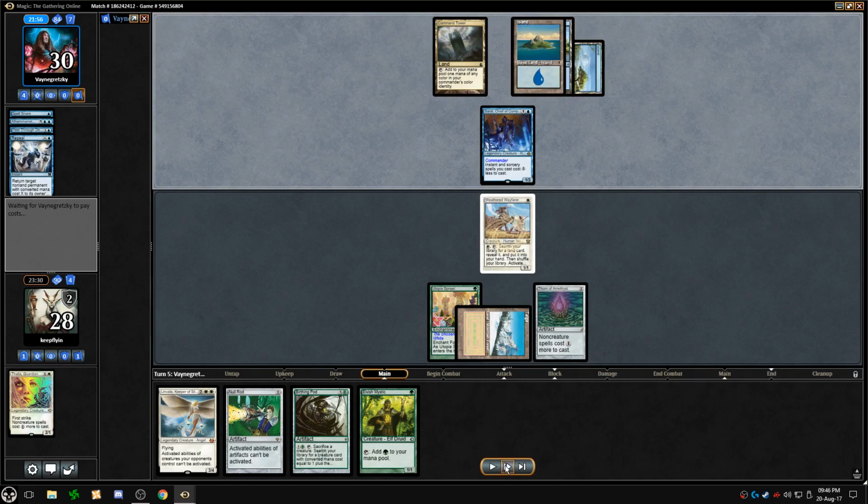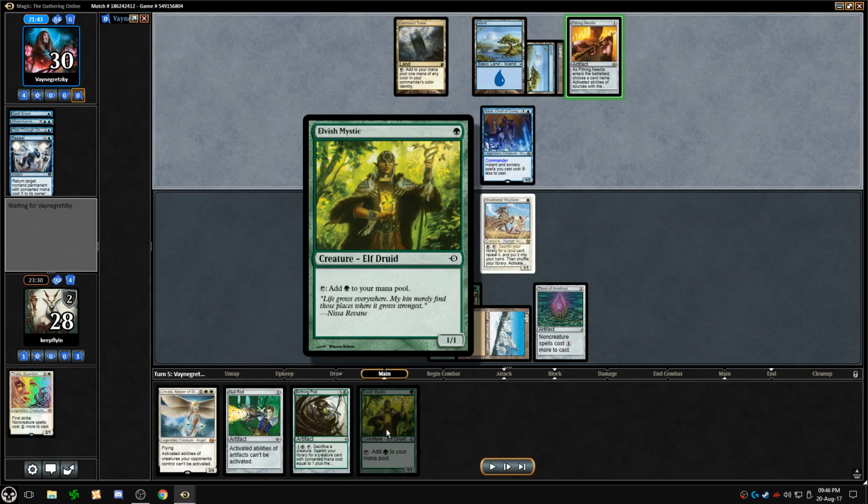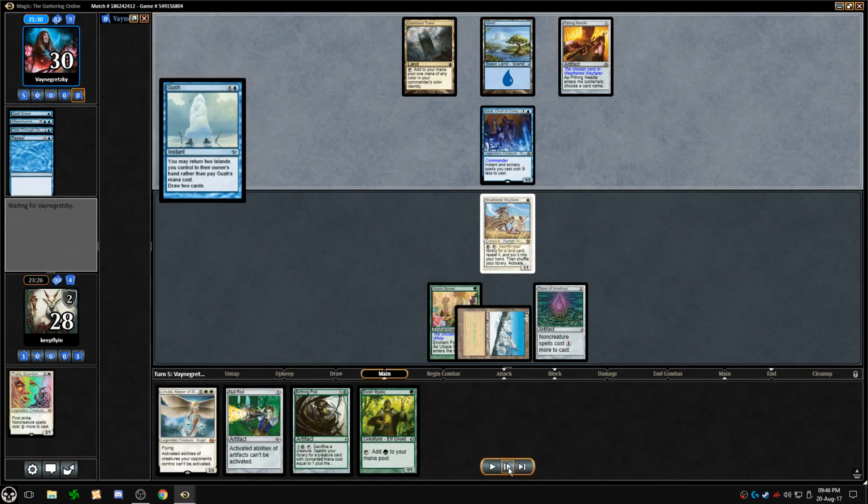So, alright, he gets his land drop, and he Needles my Wayfarer. Now I know why he bounced the Mystic. He had a Needle to deal with the Wayfarer. Makes a lot more sense. And he Gushes,